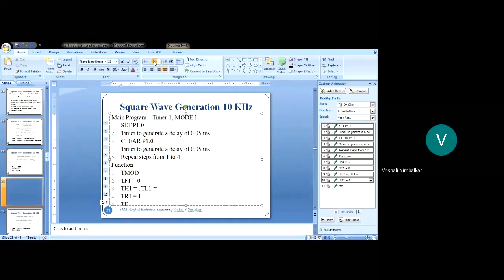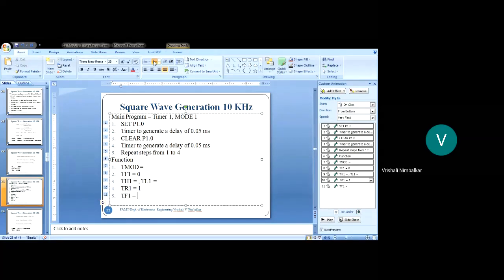Next, we will keep on checking the flag, right? If the TF1 flag is 0, it means the counting operation is not done.